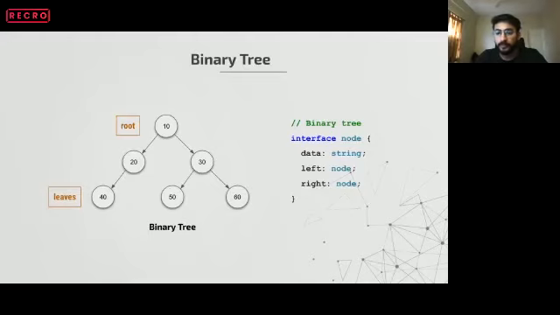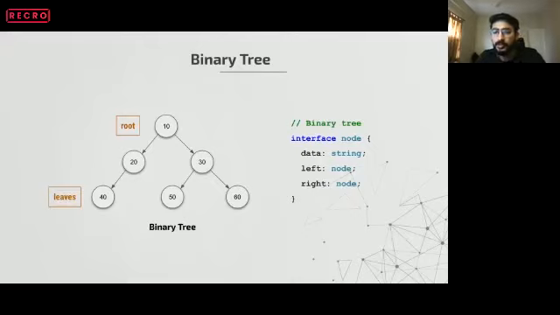Okay. Now we have a question from Harshit. How do we get the height of a tree? When we are writing the code, we will write the height of a tree function. In order to get the height, we just compare the left subtree and right subtree, and then we return the maximum of them. Okay, so we'll see how we get the height of a tree.